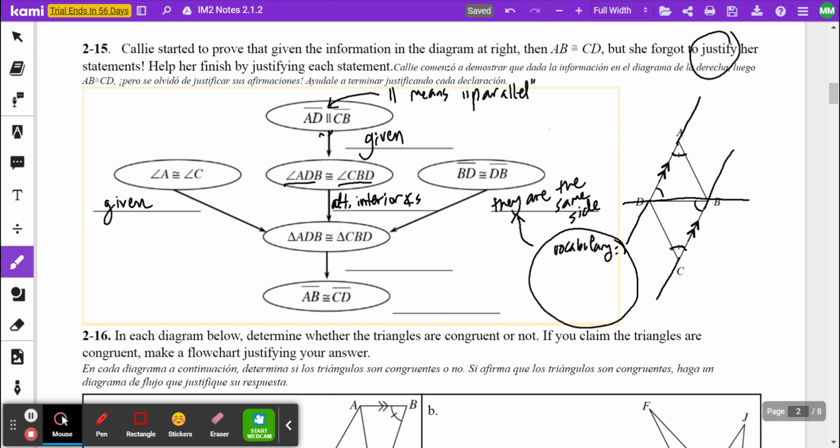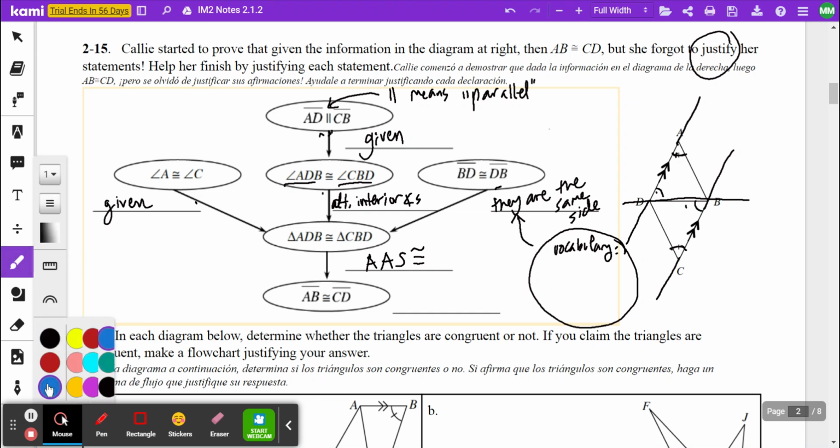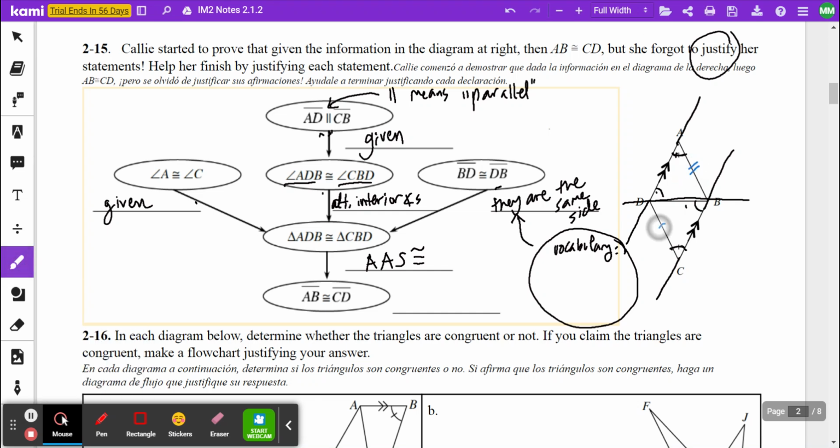Okay, triangle ADB is congruent to CBD. What do I have? I have an angle and an angle and a side. And what's the sequence? It goes angle, angle, side. So by AAS congruence. All right. And the last one, now I'm going to say that these sides are congruent, AB and CD. Let me do this in a different color. AB and CD. And the reason I can say this is because congruent